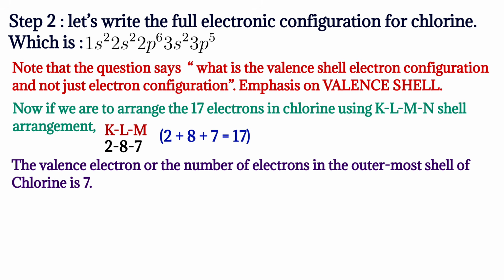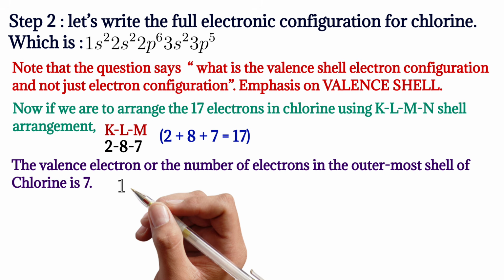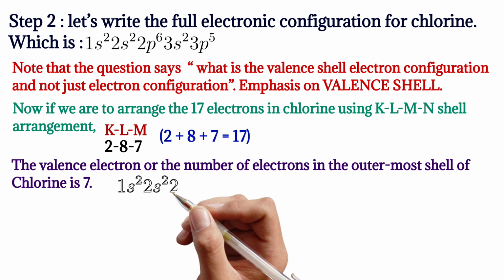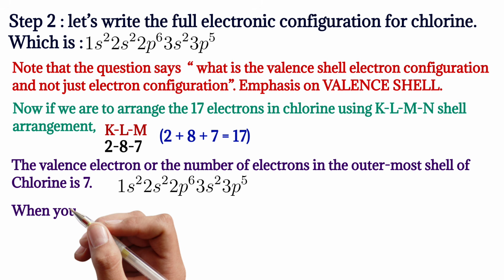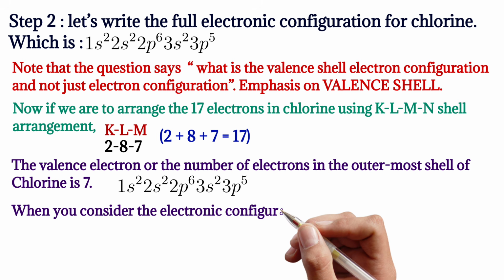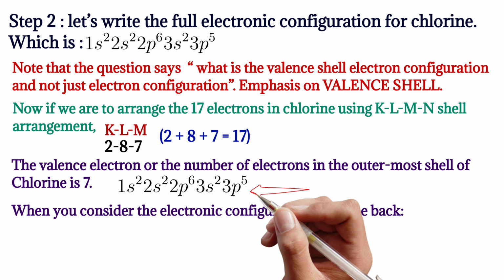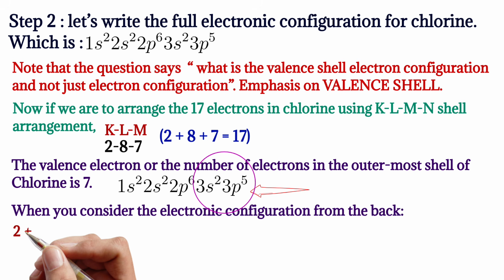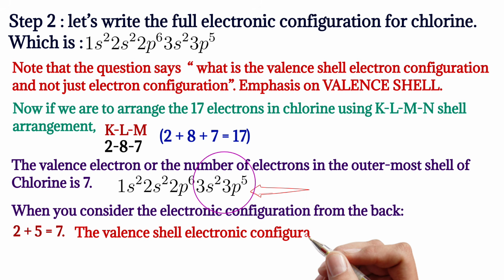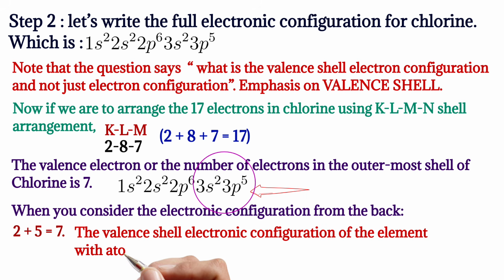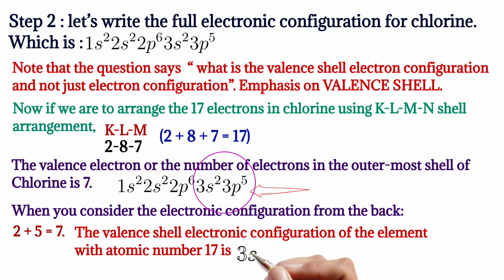Now let's go back to the full electronic configuration we wrote earlier, which is 1s2, 2s2, 2p6, 3s2, 3p5. When you consider the electronic configuration from the back, you will realize that 2 plus 5 is equal to 7. Therefore, the valence shell electronic configuration of the element with atomic number 17 is 3s2, 3p5, which is